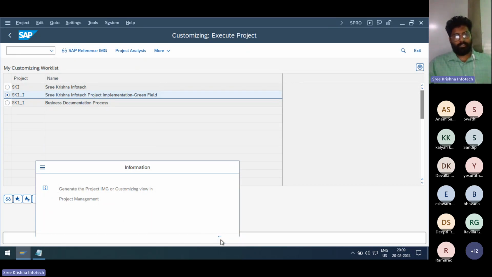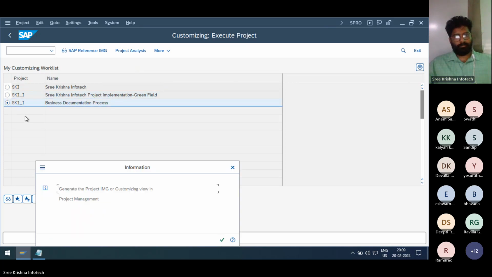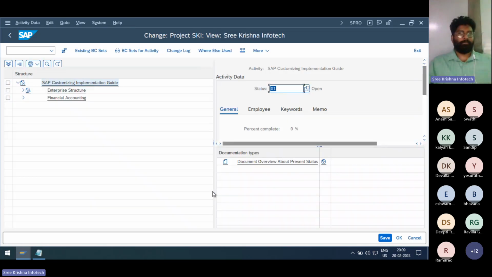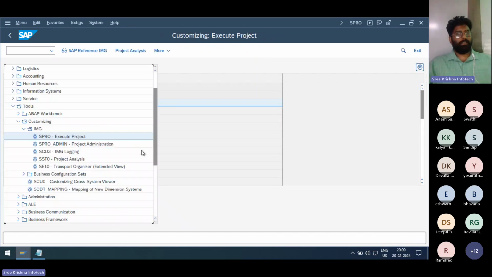One minute, it's not generated right now. Still it is in process. It will take minimum 5 minutes. This is escape. Come back to